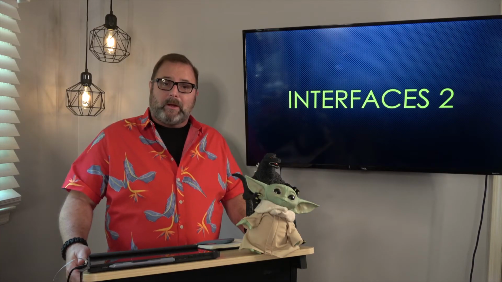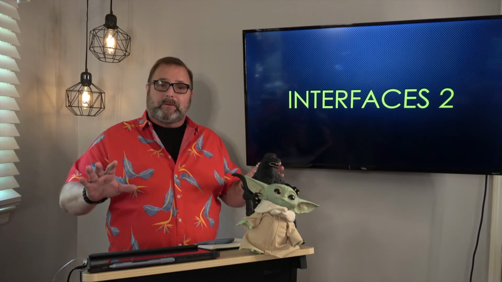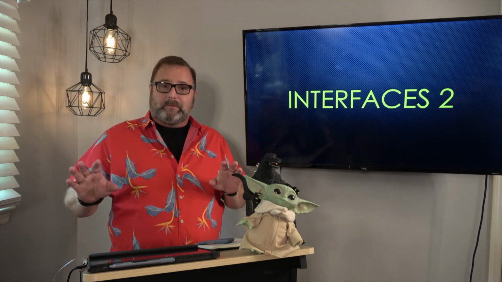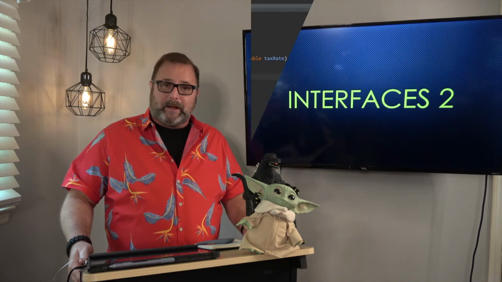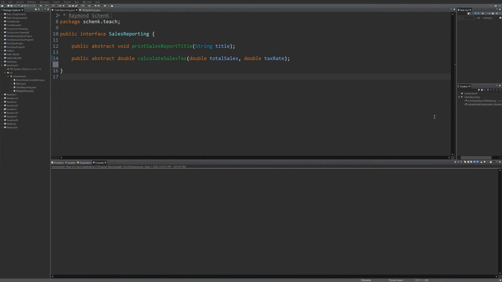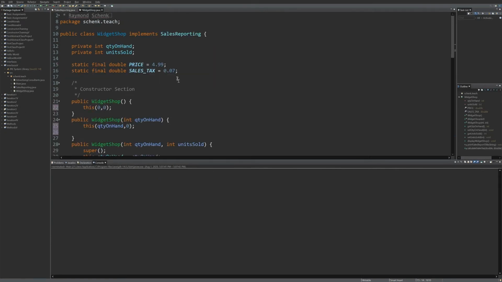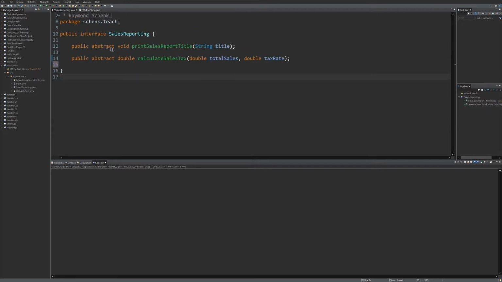In this video, we're now going to build two classes that each implement the interface that we've created. Check it out. Okay, we've got the sales reporting interface, and what I've created is a basic class called Widget Shop, and I've added the keyword implements sales reporting. So sales reporting is my interface right here,